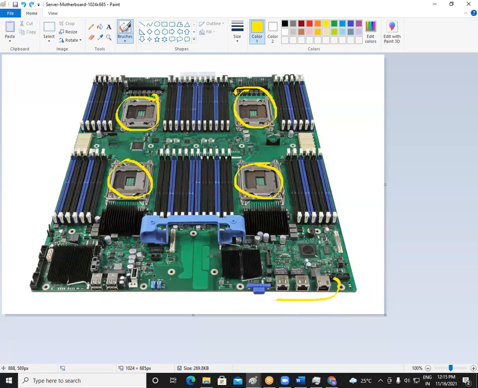And see how many NIC cards we have here. There are 3 NIC cards. Each NIC card speed is, let's say, 10,000 MB, so the total speed is 30,000 MB. That's a huge speed to have. Then we have these RAM slots here. See how many RAM slots we have here, friends. These are RAM slots. These are RAM slots.